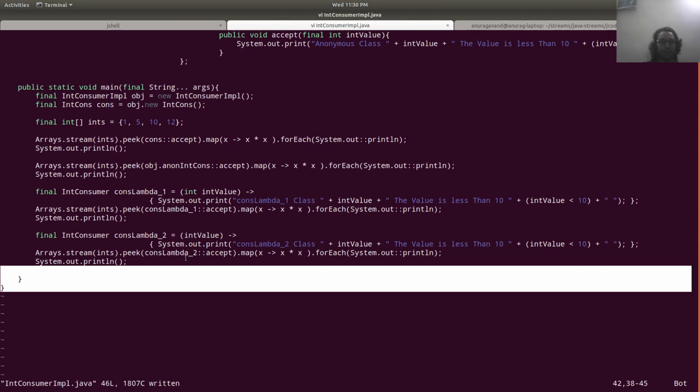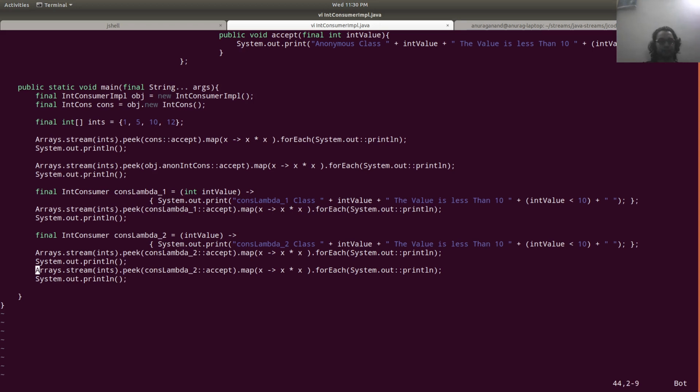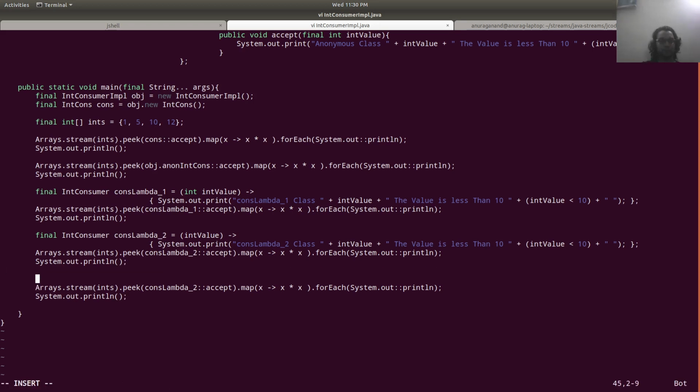In the next case I'm going to show you how you can use method reference to implement this.